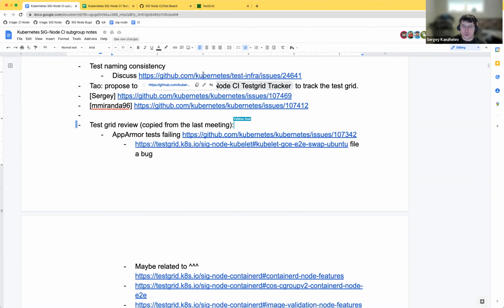Okay, so first of all, we need to decide what our goals are for name consistency. I think what SIG Testing wants is to not give the impression that we test every platform. I know that Ben definitely did not want to see us include the OS name in the test job names, and I think that's fine. That makes sense to me. But I don't know necessarily about taking that as far as not including the container runtime, because I think that'll just be really confusing.